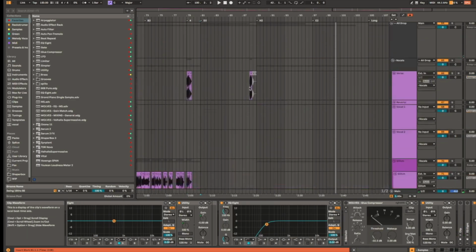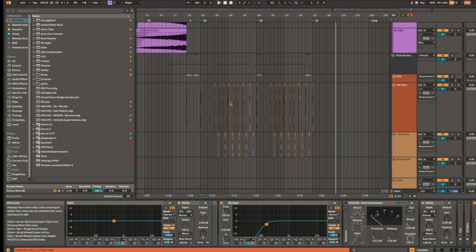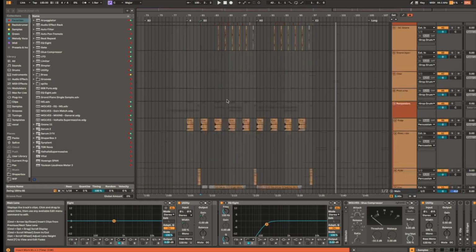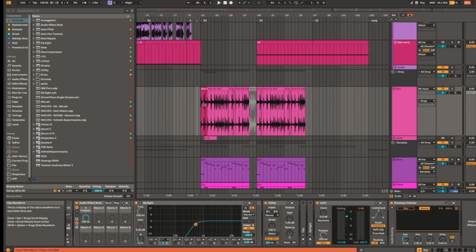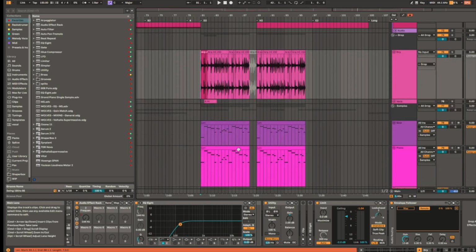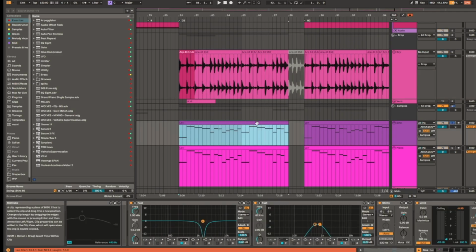So this part of the song, the drums are the same. I'm not going to go over those again because it's literally the exact same drum pattern. The main difference is the lead. It's the same lead, but it's playing a polymeter. And what that means is if I have this loop here